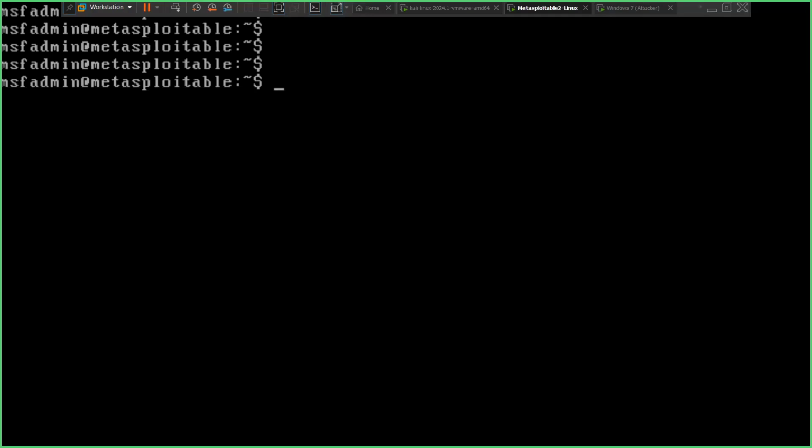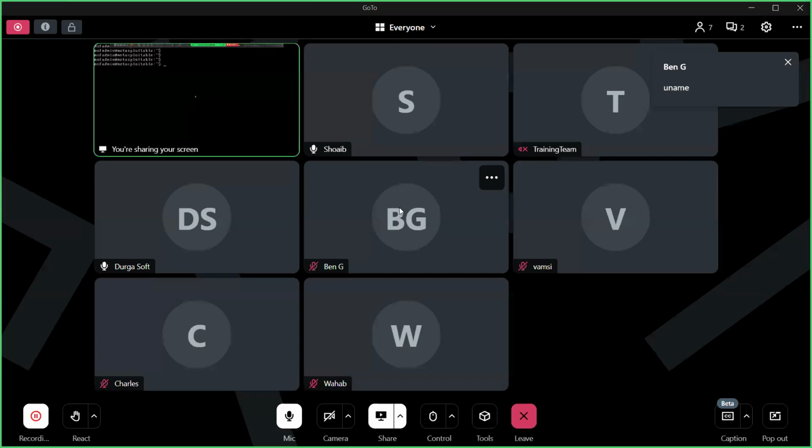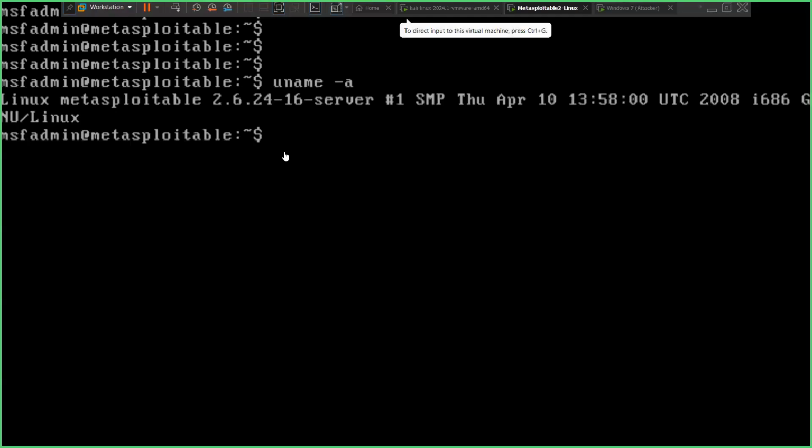How do we get OS information? What's the command for that? We learned it in the Linux commands class. Yes, correct, Ben. It's uname. So if I type uname -a, this gives me the operating system information. As you can see, it says Linux Metasploitable